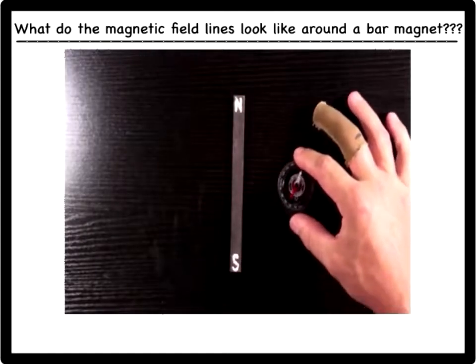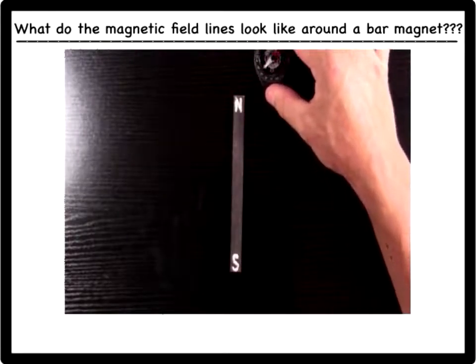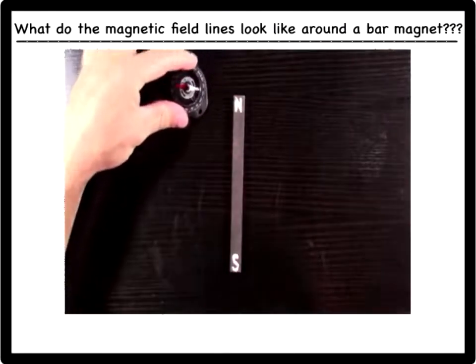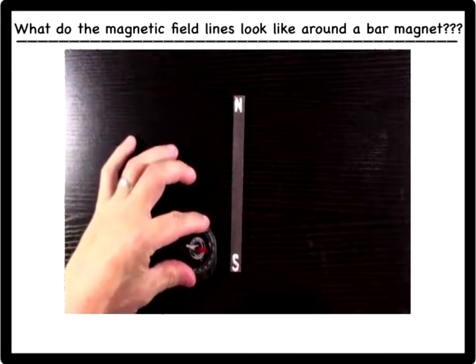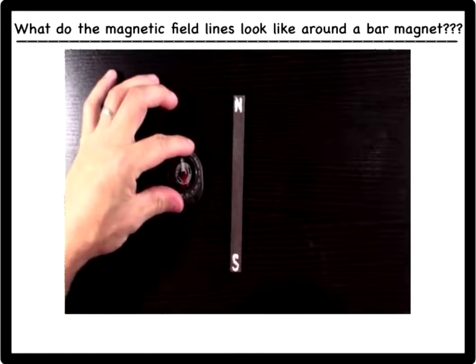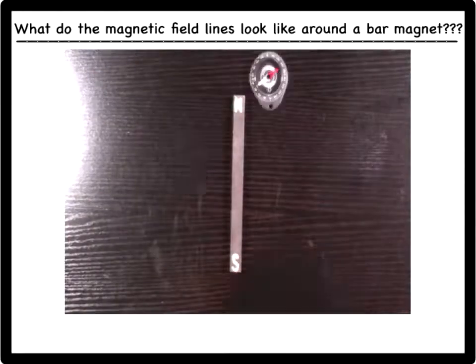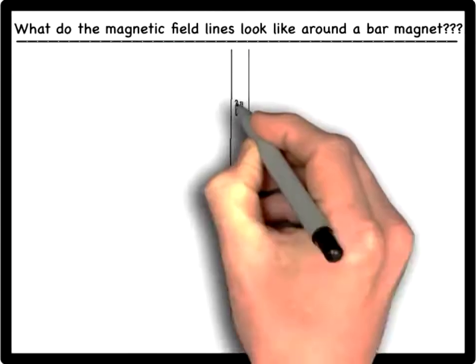To map out the magnetic field of the bar magnet, we just move a compass around the magnet and make a note of the direction the compass needle points, which again will map out the direction of the lines of force and thus the magnetic field. Therefore, the direction of a magnetic field at any point in space is given by the direction of a compass